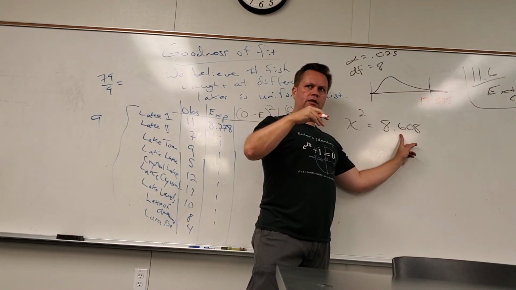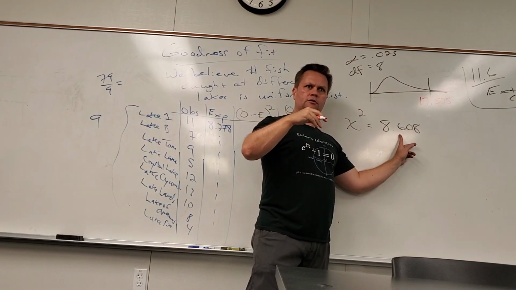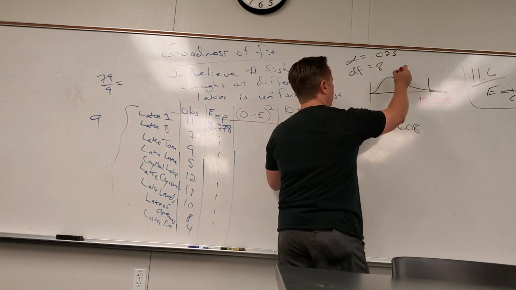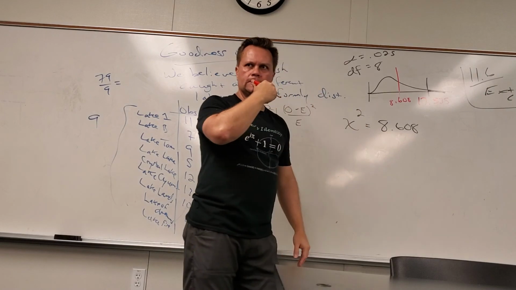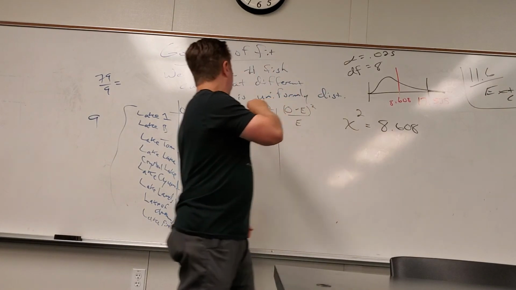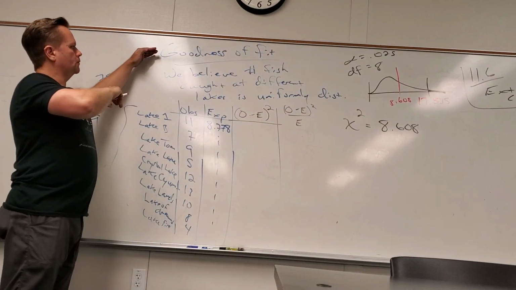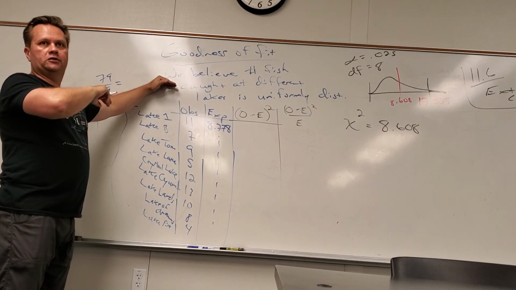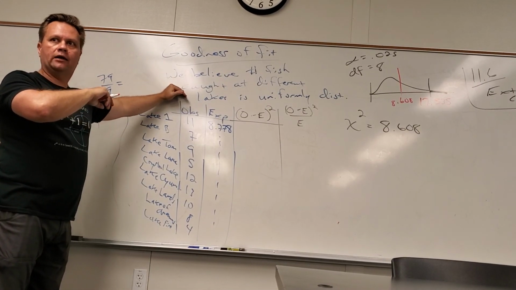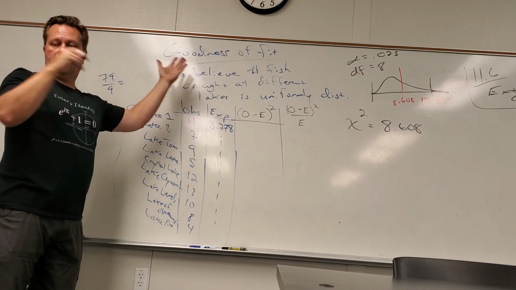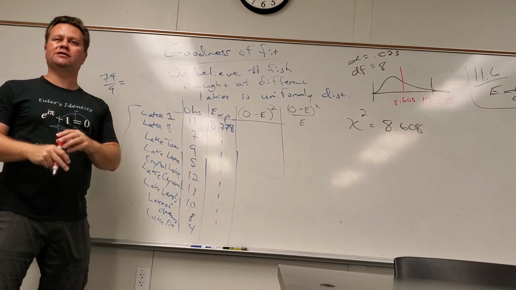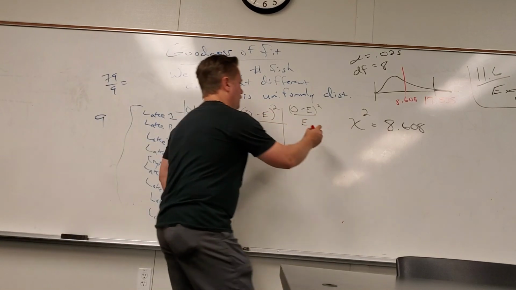So obviously we failed, right? We didn't make it far enough away. We got to 8.608. So is that evidence that they're not uniformly distributed? No, we didn't succeed. So they could be uniformly distributed. We haven't found evidence that they're not. So we have not found evidence